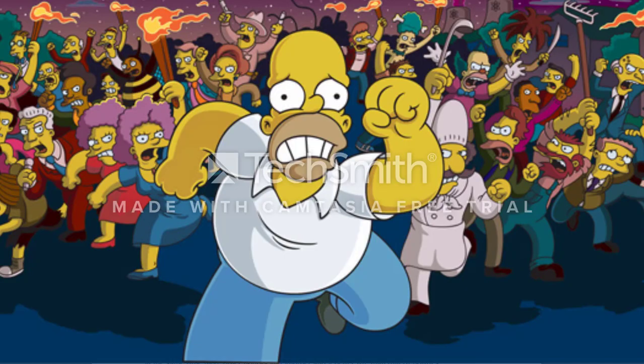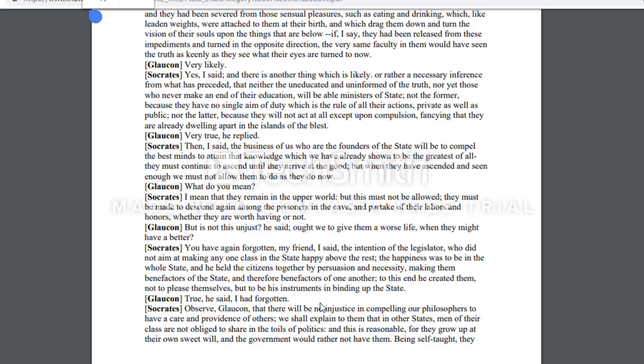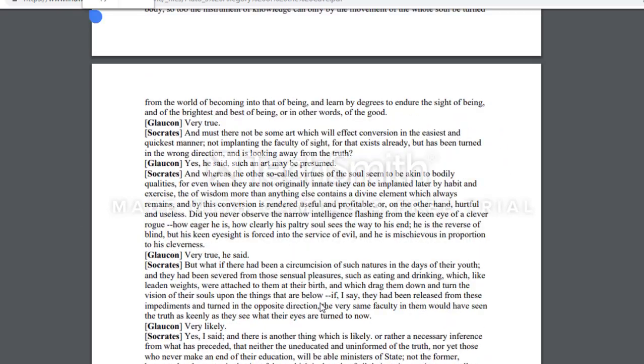right? So this allegory uses the cave dwellers as people before philosophy, and the alienation as a way to show that when you try to deliver the truth, people are going to get defensive, and they're going to say, you know what, no, that's not the truth for me, and that's going to happen. But this also talks about the importance of being able to display the truth, how you're not supposed to make people learn. You can't force anyone to learn, but you're supposed to show them. And that's when we also go back to the Socratic method.